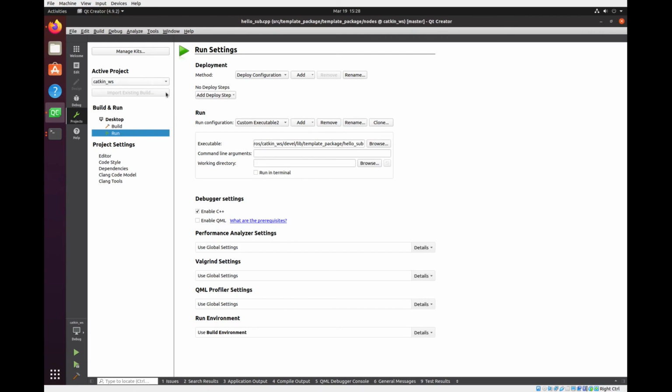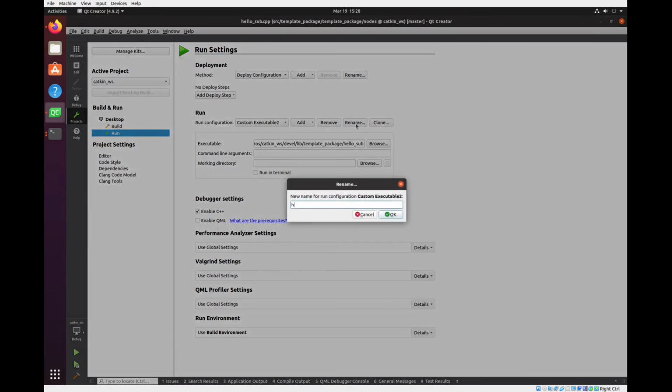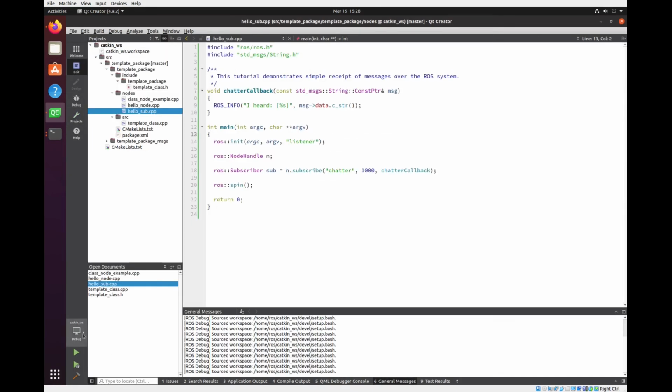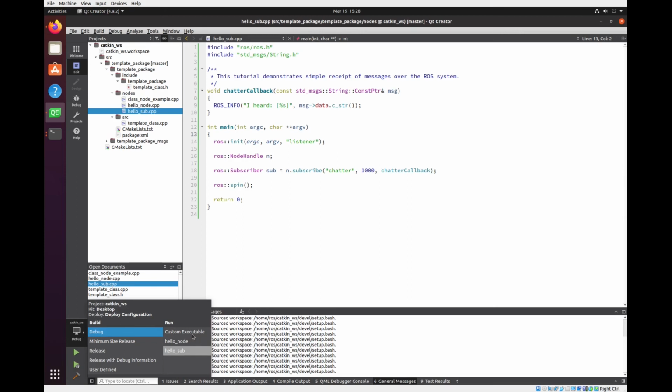I think that's all set. Oh, let's rename it too. That'll make it easier to pick. So this is the run configuration we've currently set. You can select your run configurations here if you want to switch between other ones, but let's leave it on